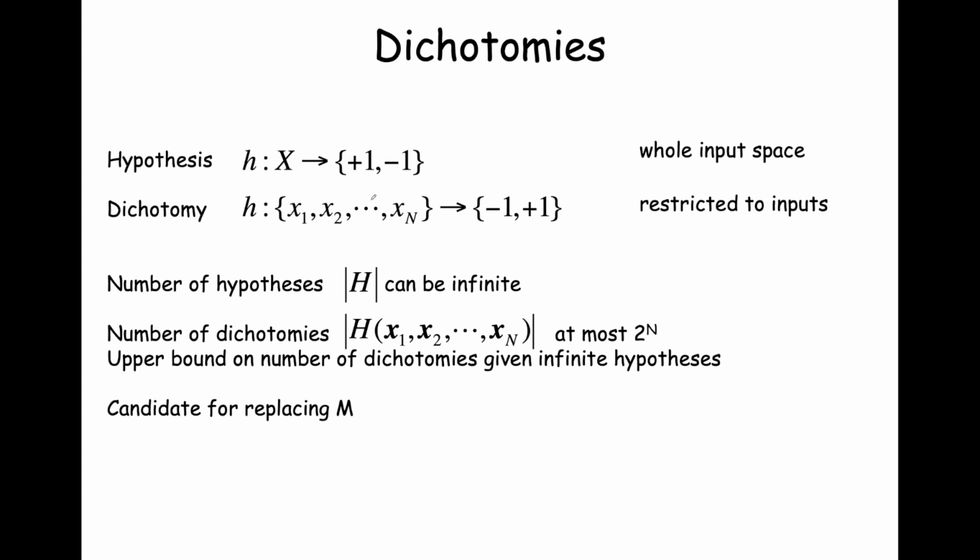A dichotomy is some labeling of all of our input points, our in-sample points. And so we have vector x1, vector x2, x3, and so forth, up to and including xm. And each one of them is going to be assigned a label, +1, -1. So here, when we talk about dichotomies, we're going to restrict ourselves to all of the inputs, the set of in-sample points. And so when we look at the number of hypotheses, if we were to think of a hypothesis set in terms of the raw count, the number of hypotheses, weight vector instantiations, this can be infinite. But when we think in terms of dichotomies, we're taking